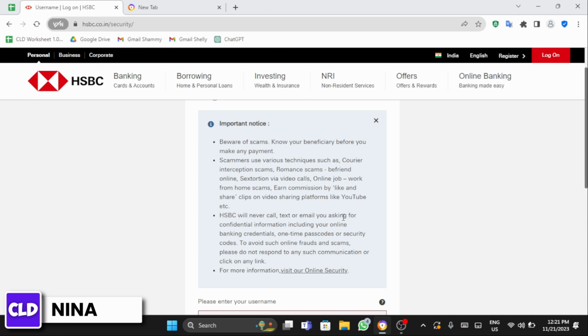And once you are signed in to your HSBC account, you will see an option called Credit Card. Click onto that to access your credit card. So that is how you get logged into your account. That will be the end of today's